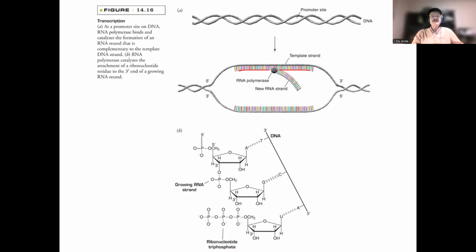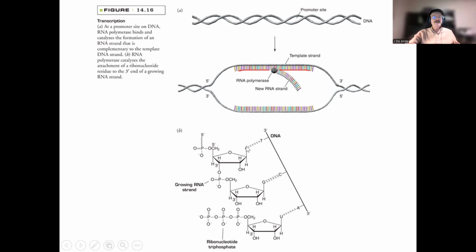And as it copies it, the nascent or new RNA strand starts kind of peeling off. Notice again that we're only copying one strand of the DNA, and we're not making an exact copy in the sense that the new strand of nucleic acid we're making is not DNA anymore, it's RNA. You can see in the bottom picture here that the mechanism is very similar to the one we saw before. The growing RNA strand is going to start at its 5' end and copy bases according to the complementary code